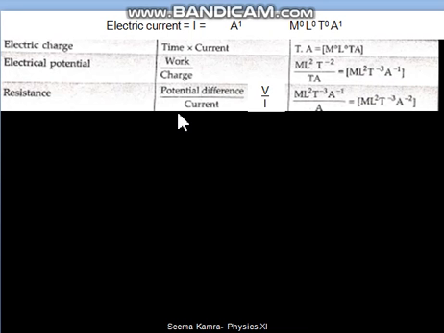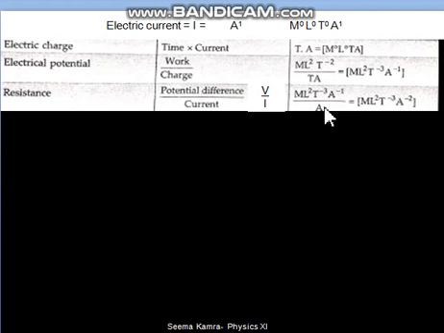Okay, next is resistance. How to get the resistance dimensional formula? We will take the help of Ohm's law. Ohm's law says resistance R equals voltage upon current. Voltage formula we have just now derived, so we'll take it as it is, M^1 L^2 T^-3 A^-1. Current formula is A. Then M power 1 L power 2 T power minus 3. Till here it will remain the same.